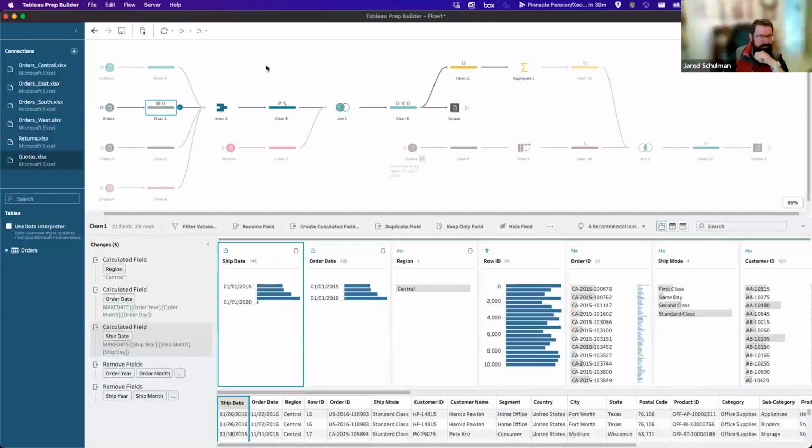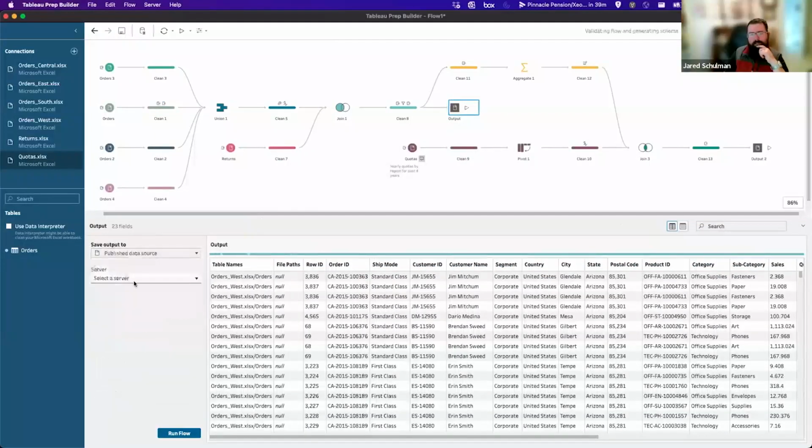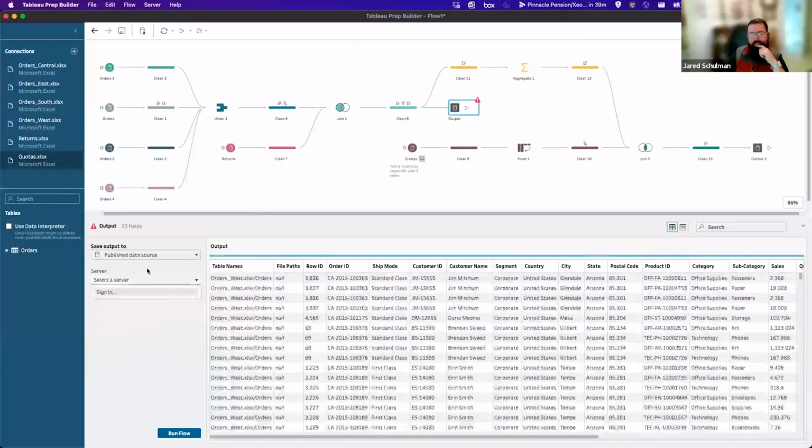Yeah, you nailed it. If we set these outputs to be a published data source up to Tableau Cloud, and we had a workbook that was using that published data source, it would always go and grab that published data source. If we bring it down to Desktop, edit the workbook and then publish it back up, it's still connected to that same published data source. So it's going to have the latest and greatest as far as when the flow was last run.